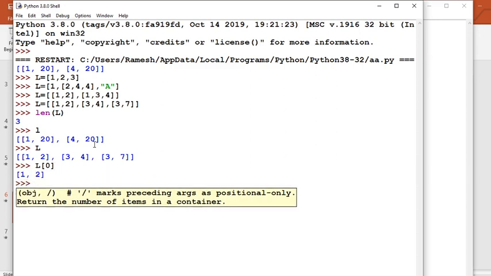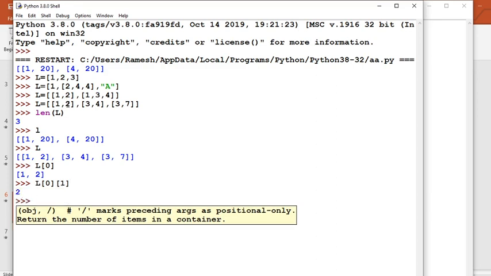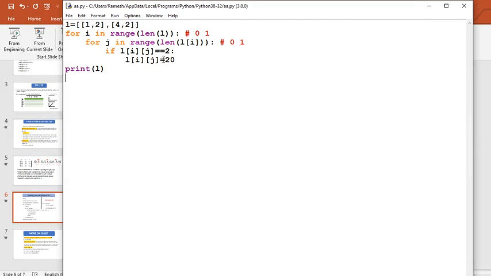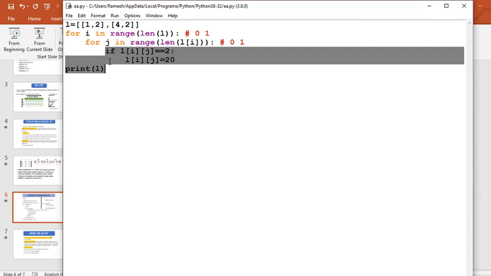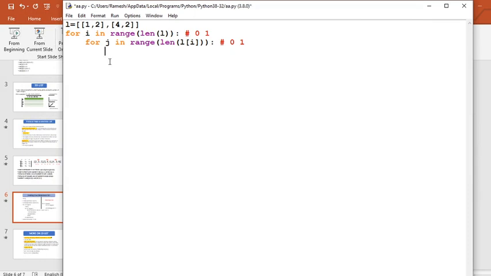If you want to print this 2, then how can we do it? It is index 0 and 1, it will be printed like this. This is how we can work on the 2D list. Now if you want to traverse a list, how can we traverse it? We will traverse a list by using two for loops.